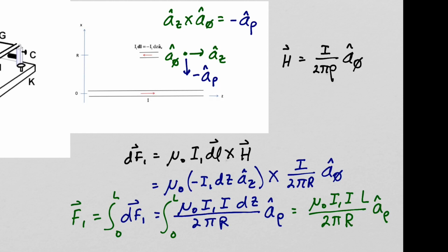To use this as an ammeter to measure some unknown current I sub 1, what you would do is put a known current I through the lower conductor, and then from the amount of weight you have to put on the upper conductor to return it to a separation of r, you obtain the force. And then you can solve for I sub 1 because you know all the other entities in this equation.